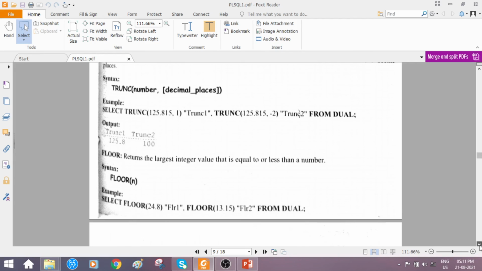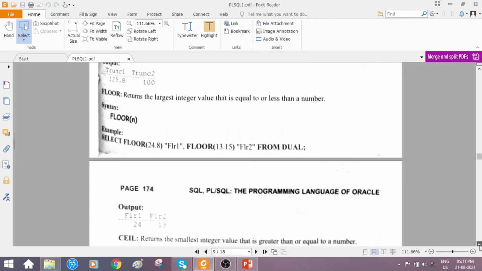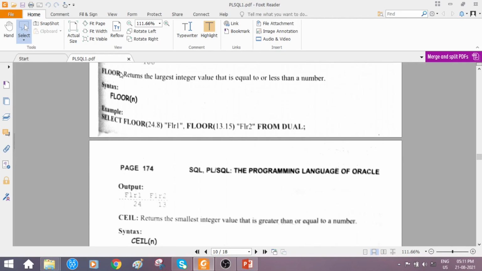Then you are familiar with the floor and ceil functions, right? I hope you have come across them in C programming. Floor returns the largest integer value that is equal to or less than a number. So floor numeric function is followed by the given number n. Example: floor 24.8 returns the largest integer value that is equal to or less than the number.